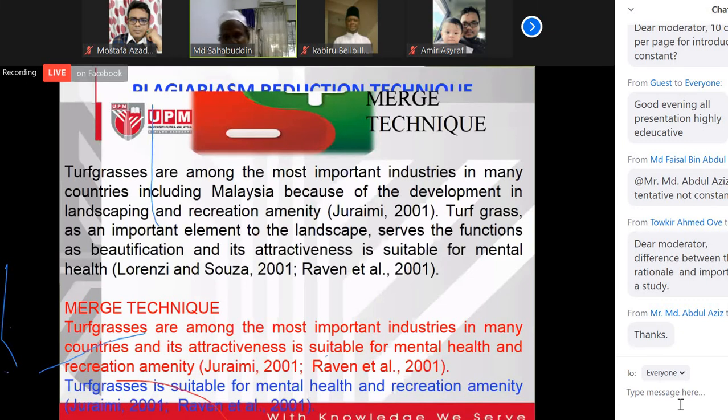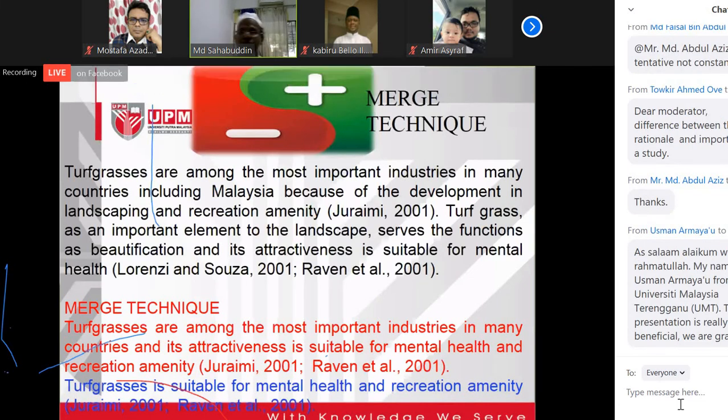Merge technique, merge. Sometimes the same information we put under different authors. So it becomes a bigger size. Here you see our target is maximum 2 lines per citation, but now here 5 lines. So in this case we can reduce. How can we reduce? We have to merge some similar information from all 3 citations together. So you see the red color, it becomes 3 lines because we merge some information together. So this is helpful for the plagiarism.